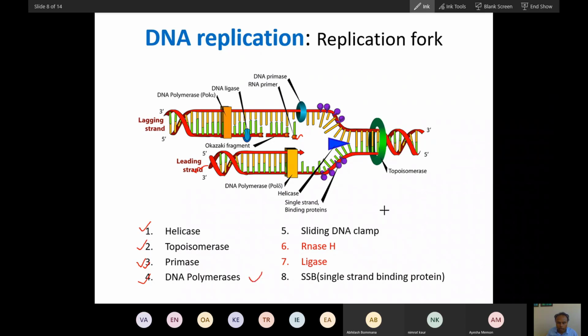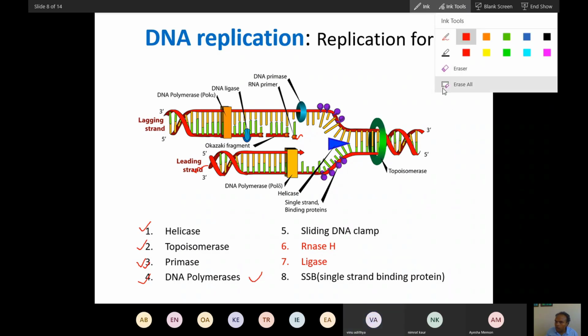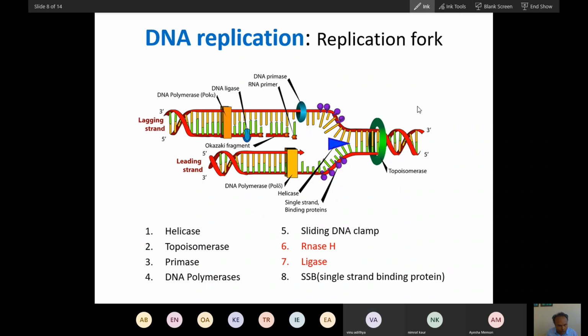So helicase and endonuclease both are the same, sir? Endonuclease is different. Helicase is different. Endonuclease cuts this bond. Endonuclease is something that will cut the DNA. It is not the enzyme that will remove the hydrogen bond between the two helices. Helicase removes the hydrogen bond and separates the two strands. It does not cut the strands.